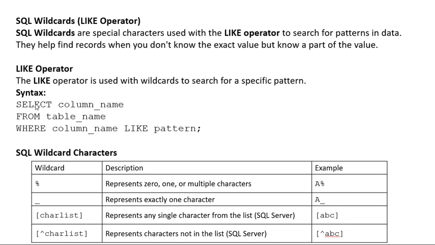The syntax is SELECT column names FROM table name WHERE column name LIKE pattern, and a semicolon. The wildcard characters: first is the percentage sign, which represents zero, one, or multiple characters. For example, after a, multiple characters can follow, so we use the percentage sign. And the underscore represents